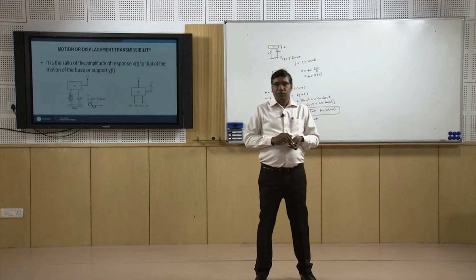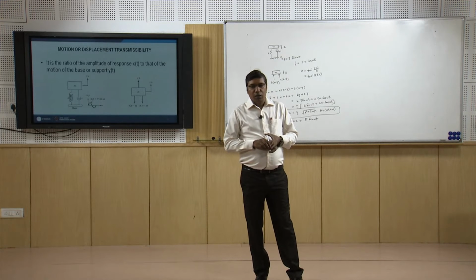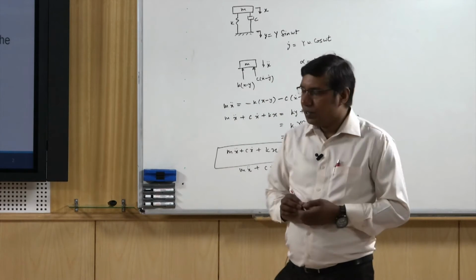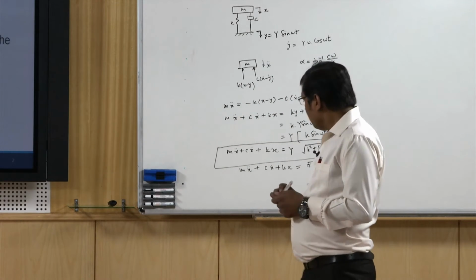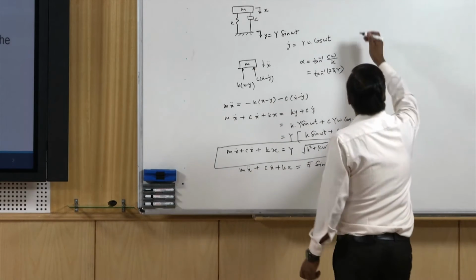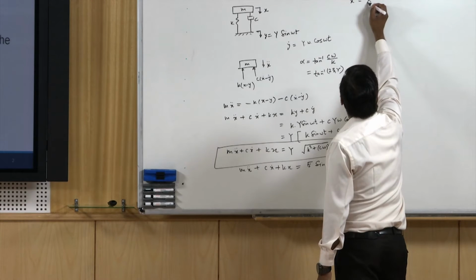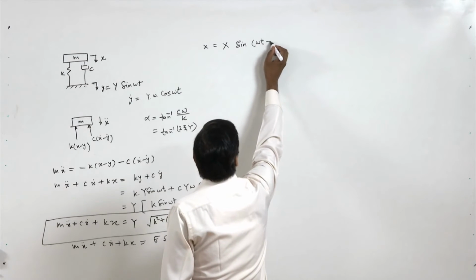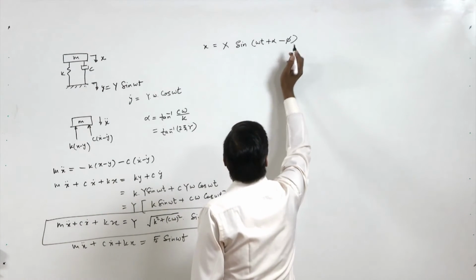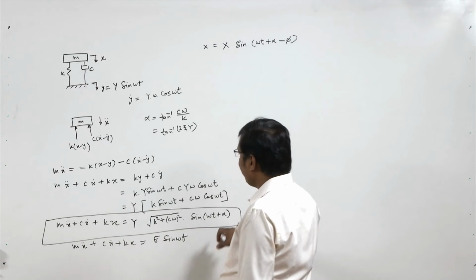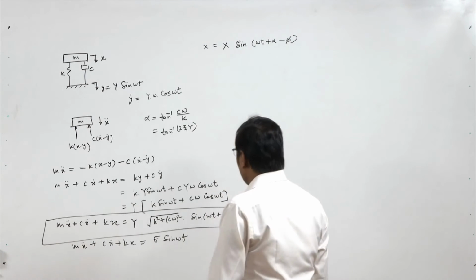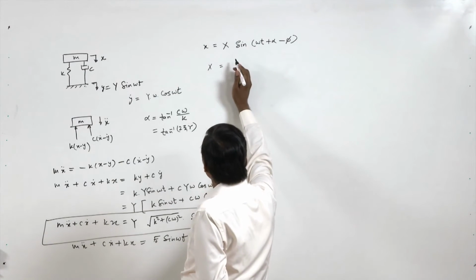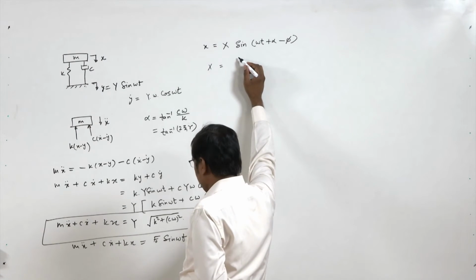For the single degree of freedom system subjected to some harmonic force, we have already derived the response. So the steady state response is x equal to X sin (omega t plus alpha minus phi), because this is the force and some phase lag will be there here, and X equal to, if we remember, it was F0